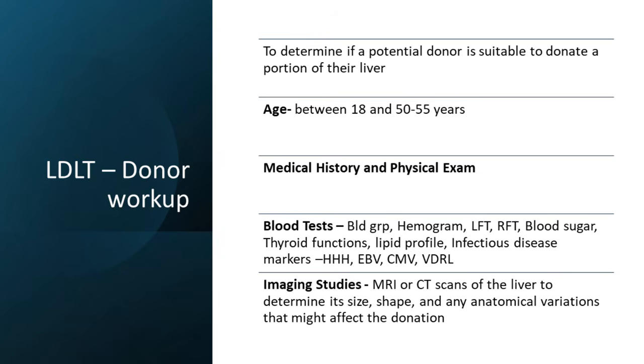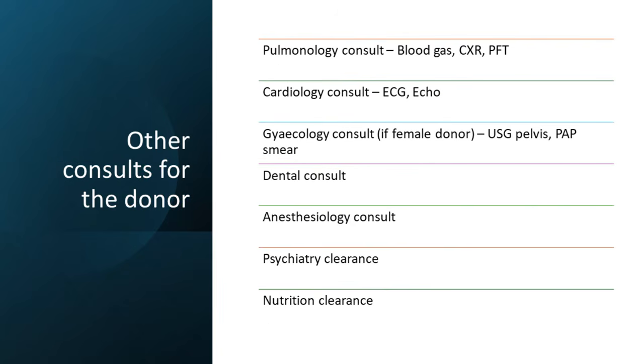After you've done this workup and you're sure that this donor can give the liver, then there are consults that you have to do. You need a pulmonology consult, so that anesthesia will not be a problem. You need a cardiology consult. You may do an echo, stress test. You may do other more refined tests if required. If it's a female donor, you'll need a gynec consult, a pelvis, a pap smear, a dental consult,